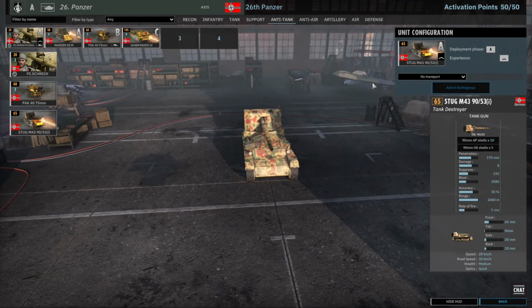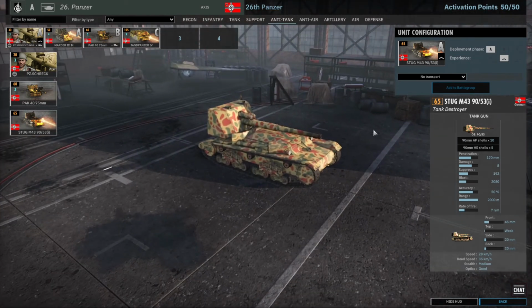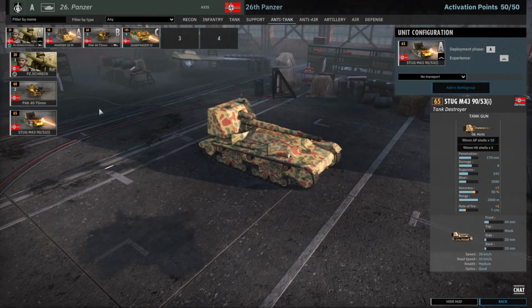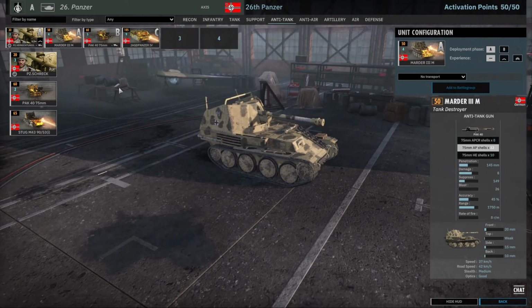Of particular note, I want to point out one thing. The Stug M43-90, a unique one-of vehicle, although good, is not that much better than the Martyr 3. It does have 170 millimeters of penetration at 2,000 meters, which is very nice. However, compared to the Martyr, it already has, at 1750, 145 millimeters of penetration, and we get 4 of them,